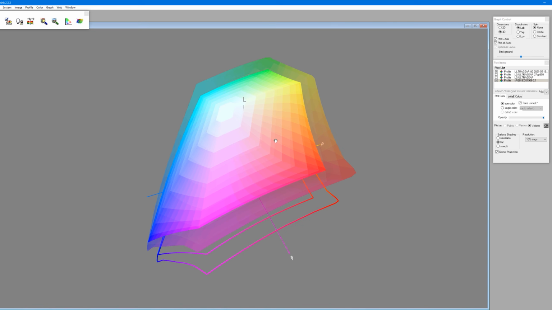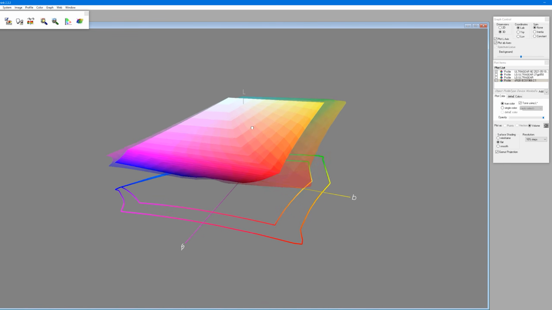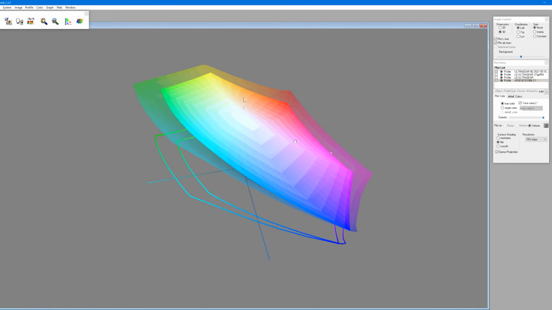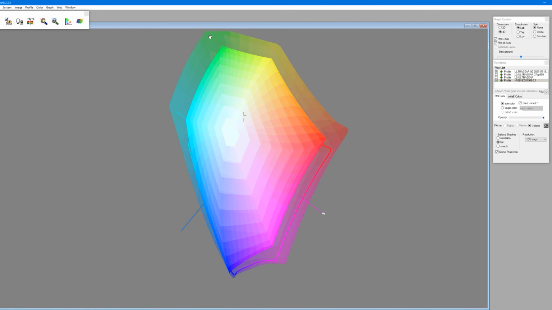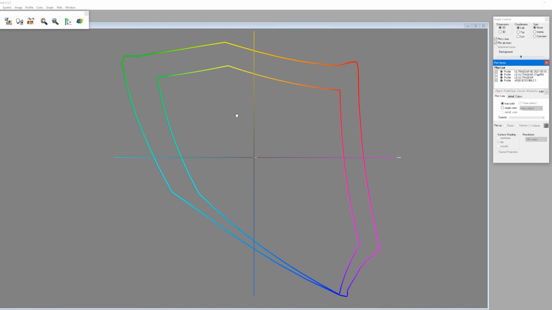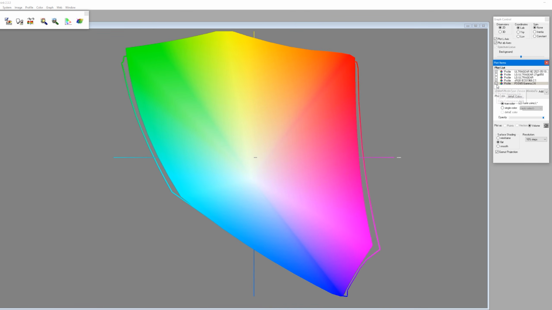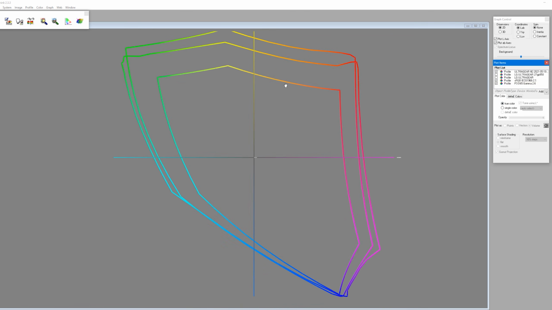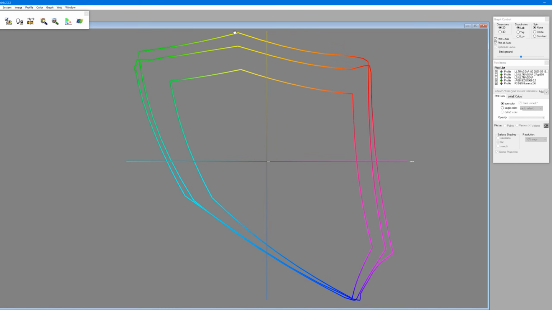So you can see that the sRGB color space is quite a bit smaller than the gamut of the monitor. You can see that in the greens, the monitor can do a lot more than sRGB, the reds, really everything. And also in the 2D view, you can see that the gamut fully encompasses sRGB. And actually the monitor also advertises as being 98% of the DCI-P3, and we can view that one as well. And you can see that it pretty much does. It is missing a little bit in the greens, yellows, and reds, but for the most part, it does have all that coverage. And the DCI-P3 also more than fully covers the sRGB.